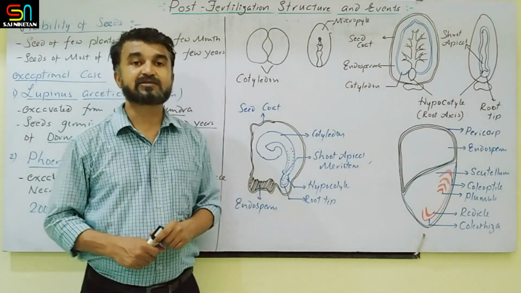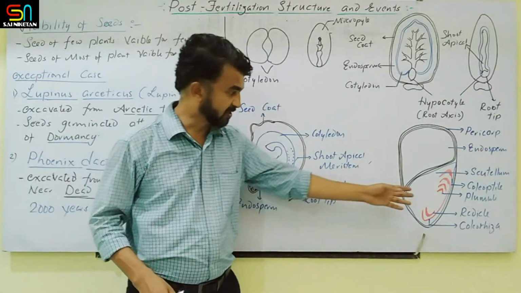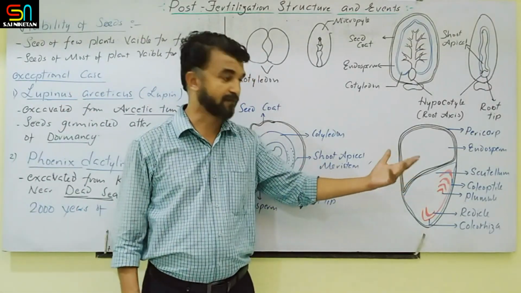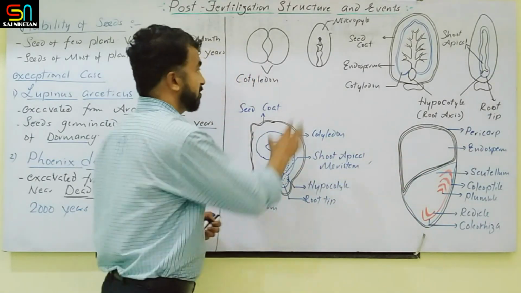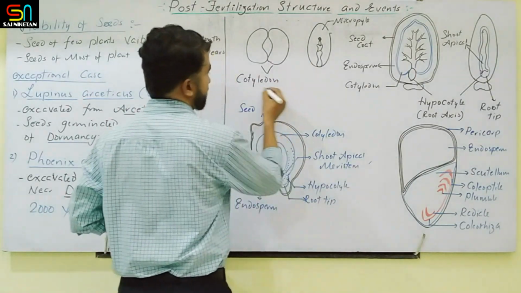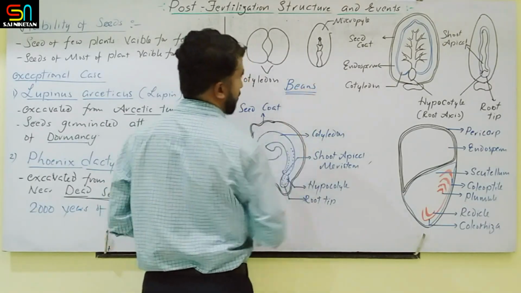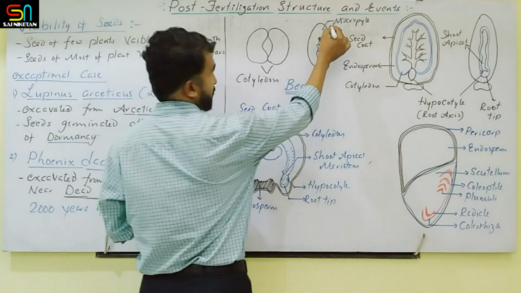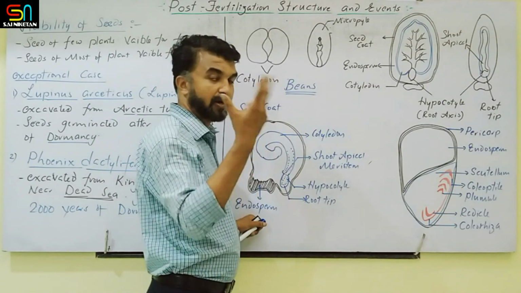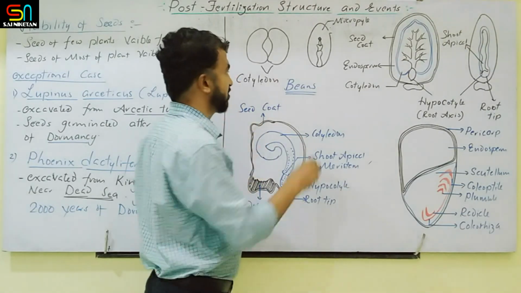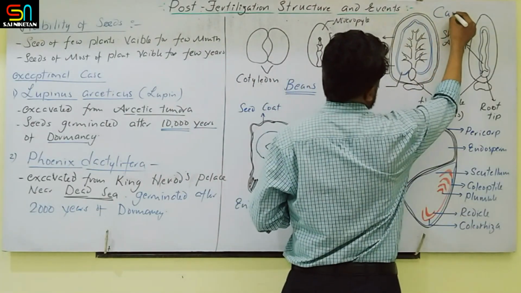But before that, some figures are given in the textbook. Based on the figures, questions may arise. Basically, a question like draw a neat labelled diagram of this figure. Now the first figure is a seed of beans. When you observe it, cotyledon is present, micropyle is there. Endosperm is not given, so beans are non-endospermic, already covered, exalbuminous or non-albuminous seed. This is a bean. The second one is a figure of castor.